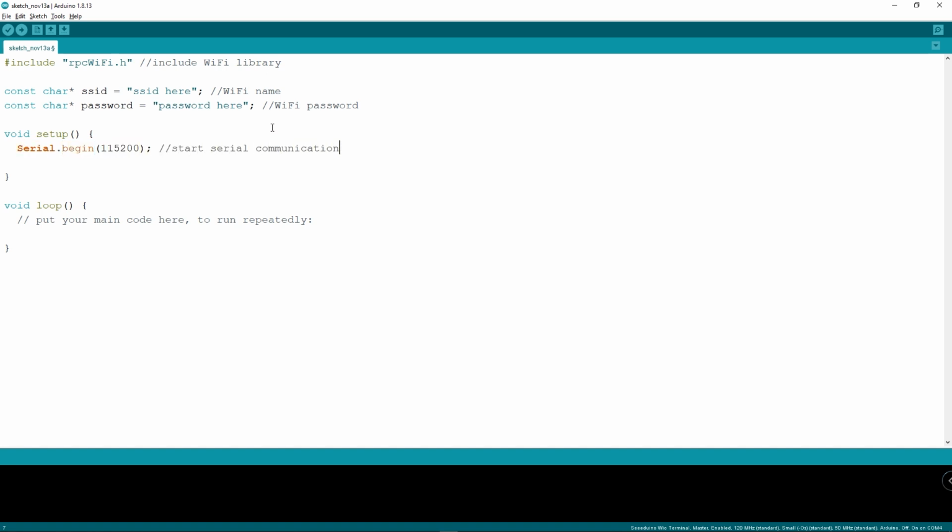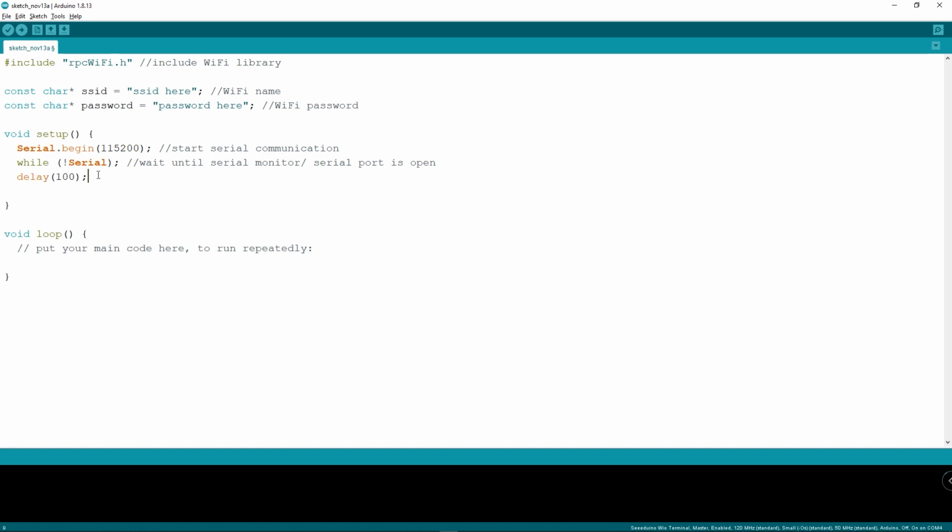After that, wait until the serial monitor is open. Next, add a delay. After that, set the Wi-Fi configuration mode as station mode. Then disconnect from an access point if it was previously connected.